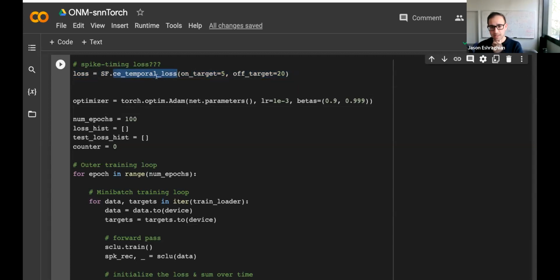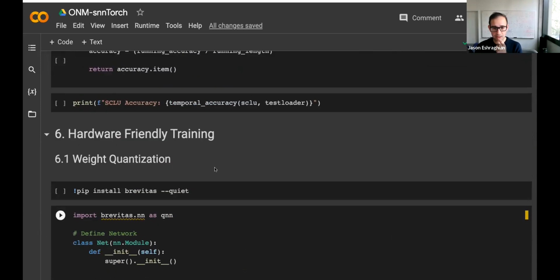In practice, this will lead to sparser activity, but at the cost of much longer training times and generally much worse accuracy, because there are a few challenges associated with it that I won't go through at the moment. Finally, yeah, look,